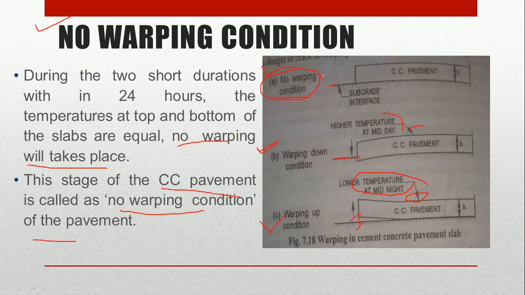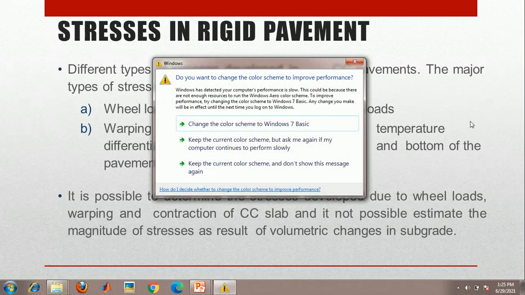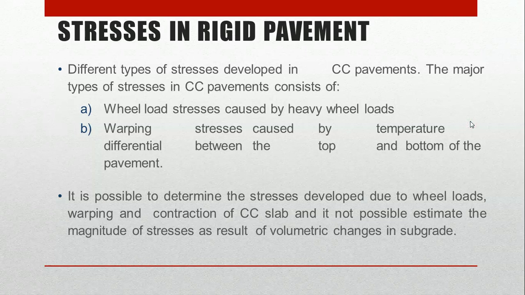So these are all the parameters that we need to consider while designing the rigid pavement, that is, the factors which affect the design of rigid pavement. After that we can move on to the types of stresses induced in the case of rigid pavement, and based on these stresses we have different problems. Let me cover the types of stresses, the causes of the particular stresses and the numericals on the different stresses in the next session.